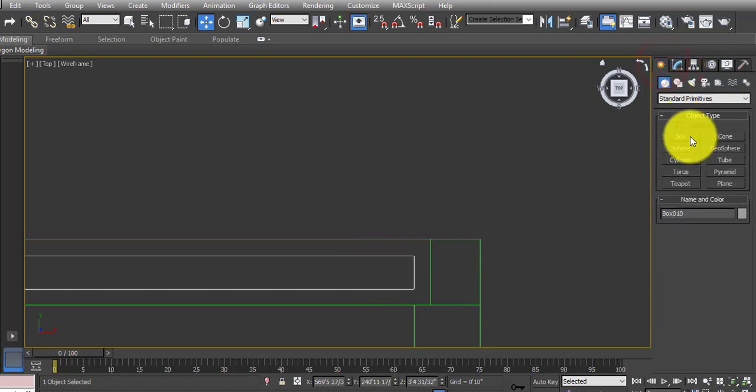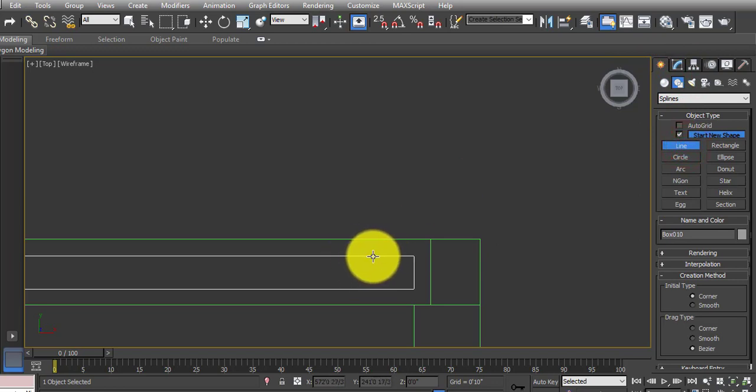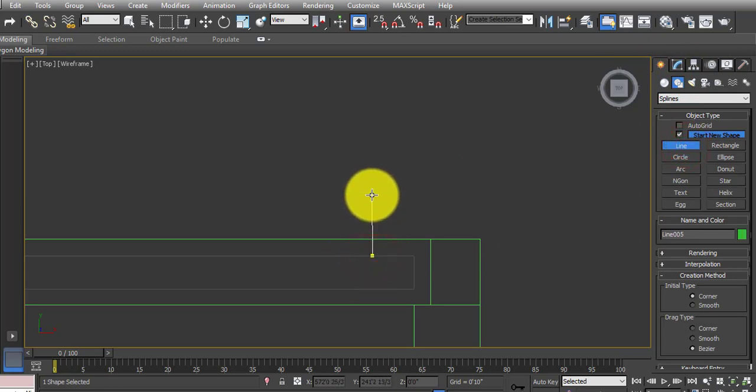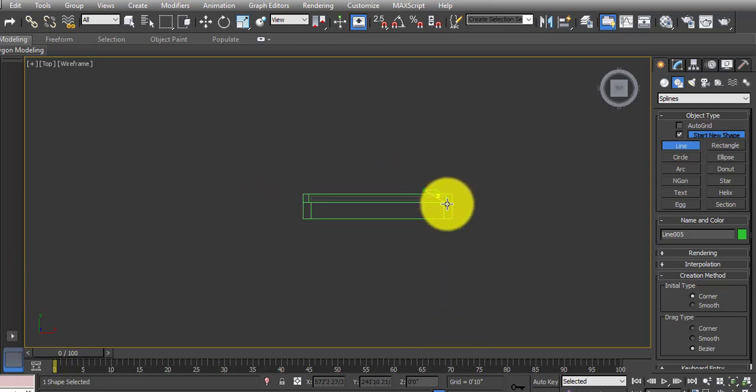So let's say I want my door handle to start from here, come straight, and then curve like this, and then move straight. So this is the profile path I want,